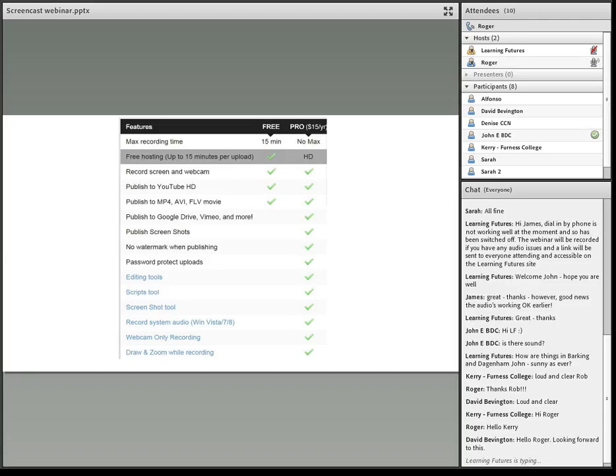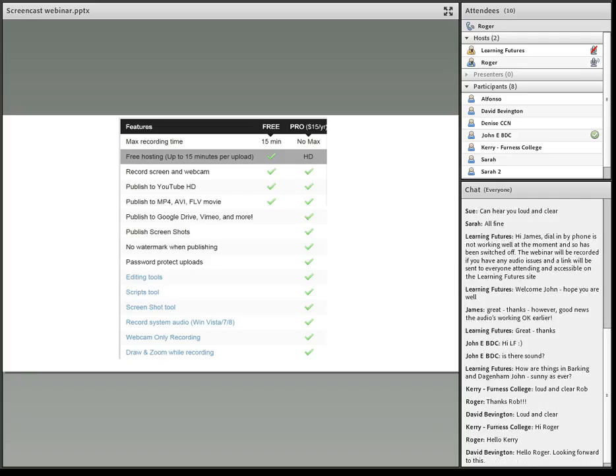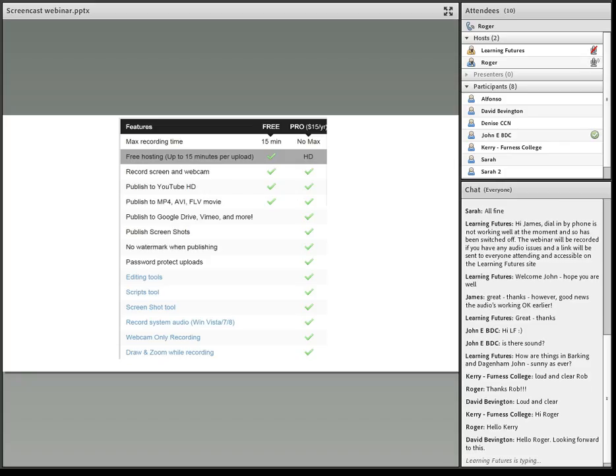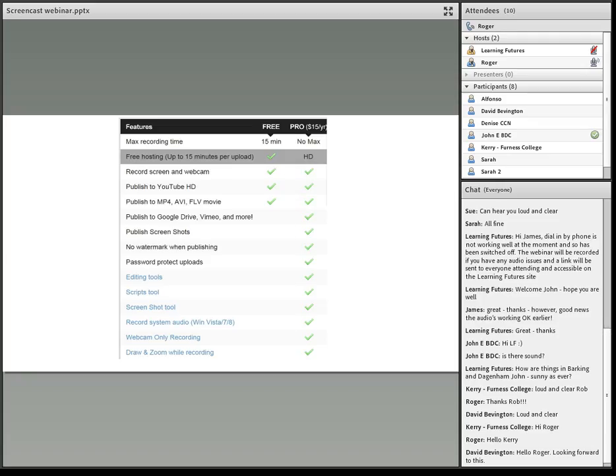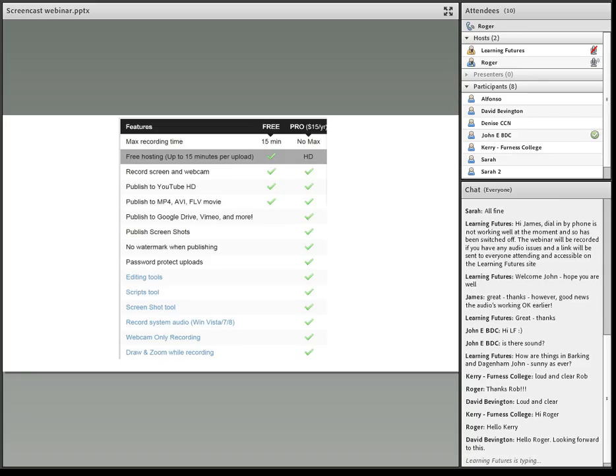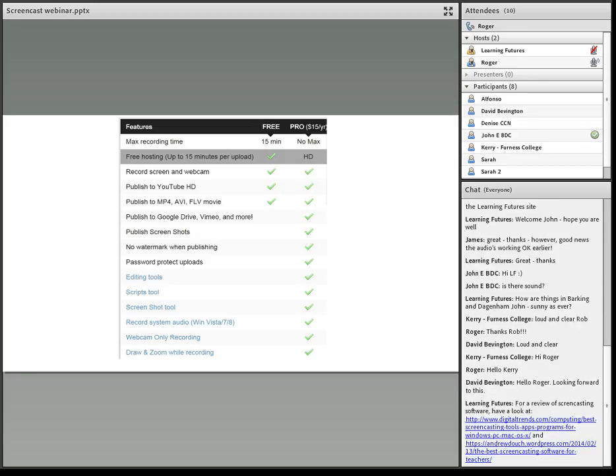Your maximum recording time is 15 minutes. One of the things is I wouldn't recommend that you go much above 15 minutes anyway, again, to that sort of thing about engaging your learners. The only other thing is that you do get a Screencastomatic watermark, and I've kept that on a couple of my slides just to show you what that actually looks like. But in a sense, to get started with something like Screencastomatic, no cost, easy access, and very much not a problem for you to use.